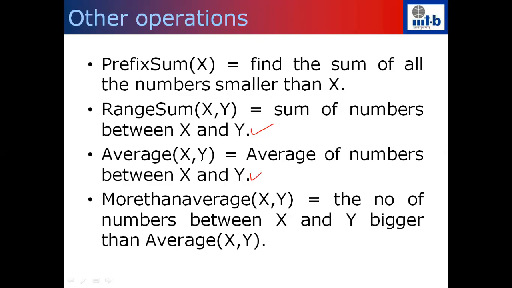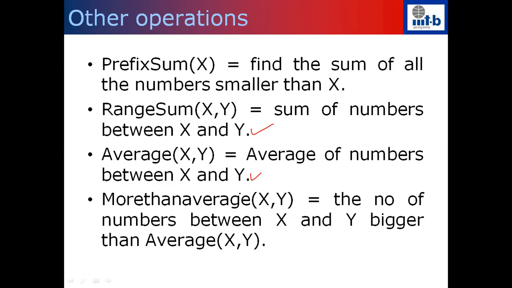Once you know that, then I can also compute the average of the numbers between x and y. How do you compute this? You first find the sum of numbers between x and y. And using the rank function, you can also find how many numbers are there between x and y. Divide the sum by the number of elements, and you'll find the average. You can also find,